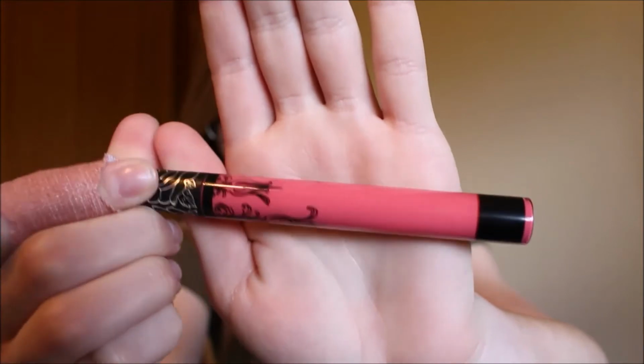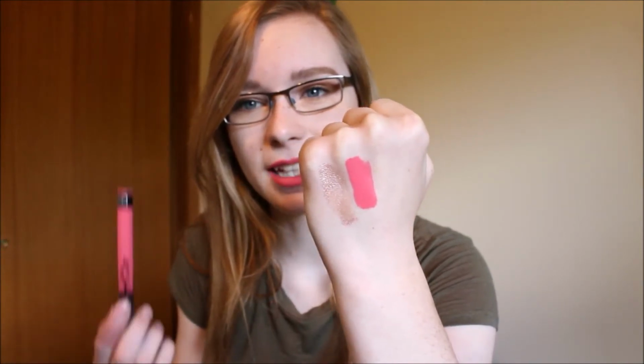So here's the color. And if you have any Kat Von D liquid lipsticks, you know that they can be drying, but I think they're pretty comfortable. And it's a pretty thin formula, and I really like that. So yeah, look how bright and beautiful that is. It's like a coral, a little bit of red, a little bit of pink, and it's just gorgeous